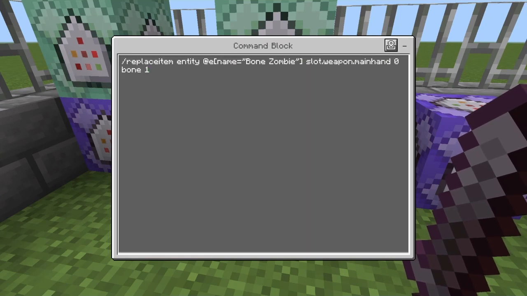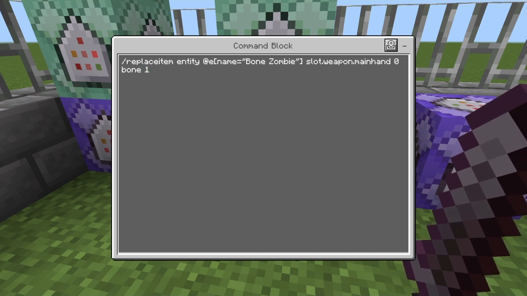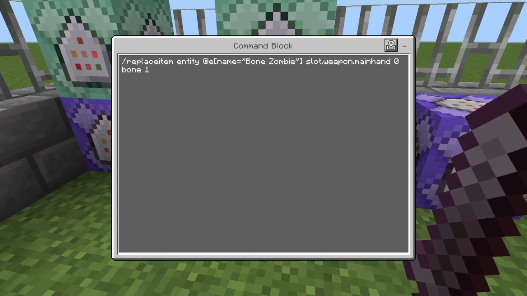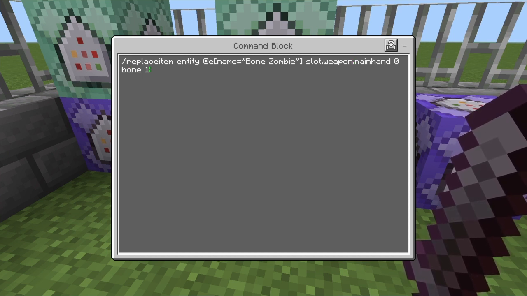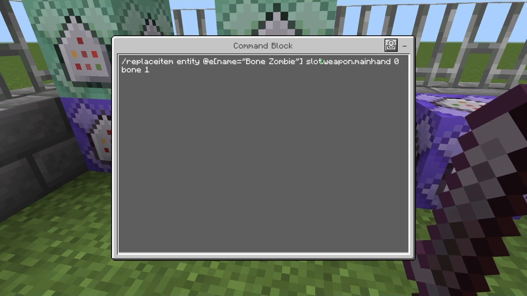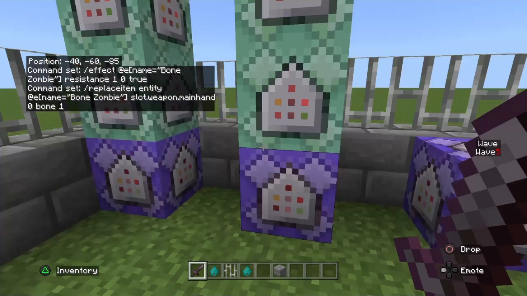It's pretty simple. All you want to do is replace item entity at E, name equals bone zombie, in whatever slot you want. If you want it to be holding something, I don't recommend it, it's just how it is. It's slot.weapon.mainhand, 0, and then however many bones you want him to hold. If you want him to drop something but you don't want him to be seen holding it, you can put slot.armor.head,